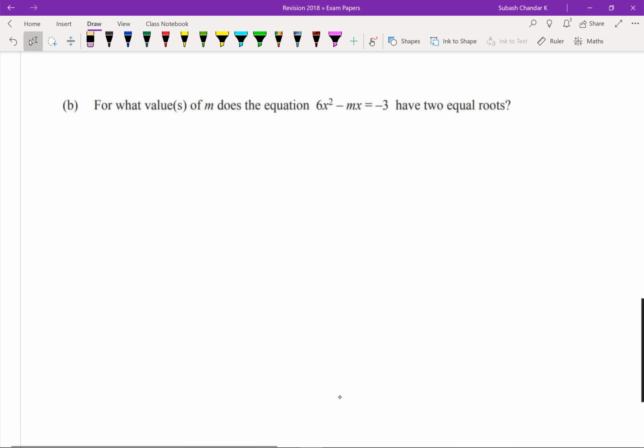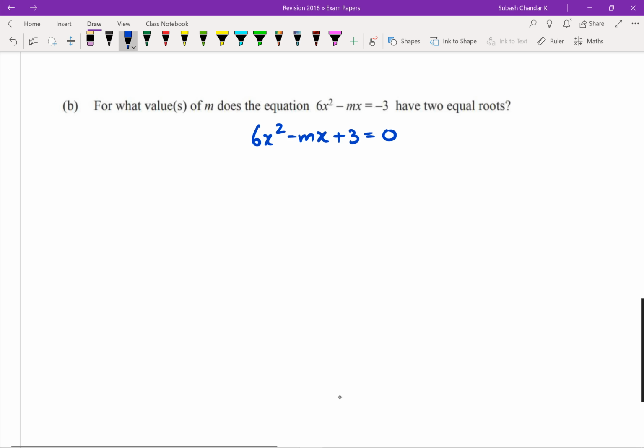Okay, next question. What we've been asked is, for what values of m does this have two equal roots? So the first step I want to do is rearrange this quadratic so that I get 6x squared minus mx plus 3 equals 0. Now the next thing is this. If there's two equal roots,